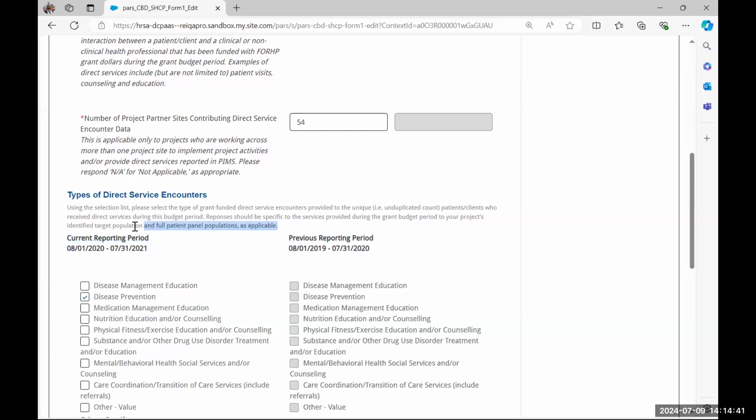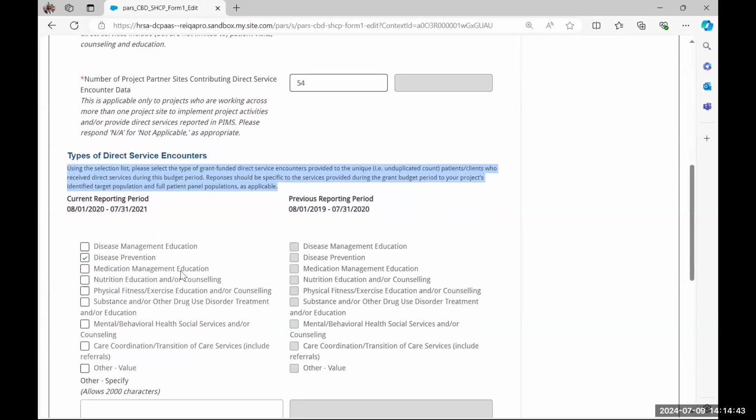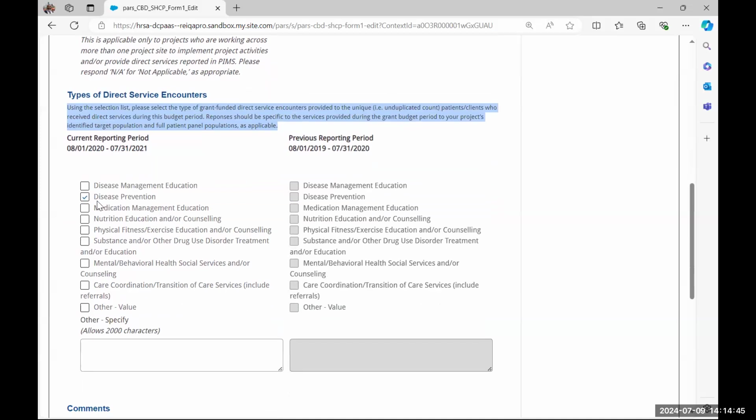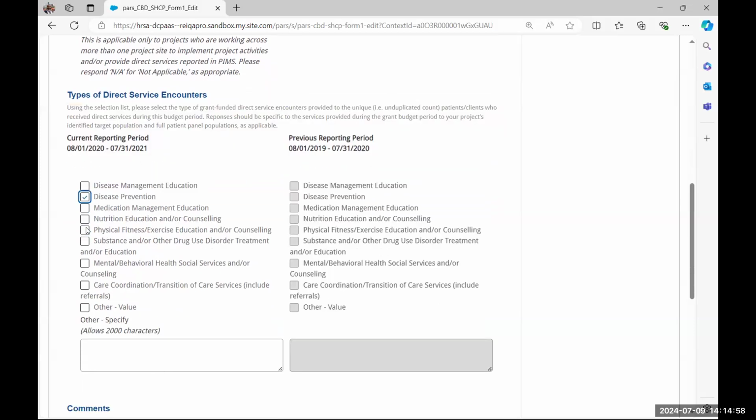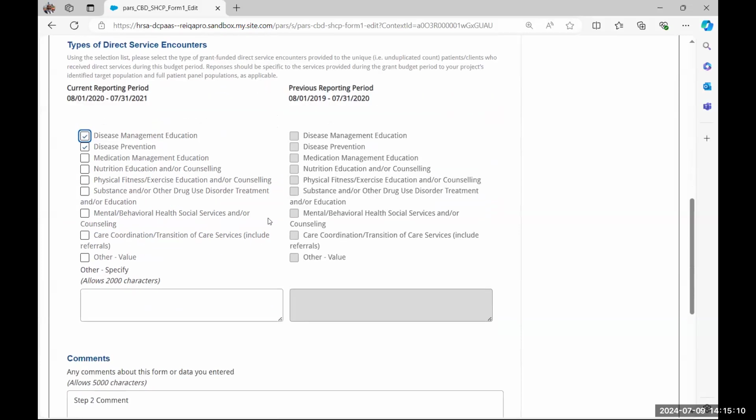And in this subsection, more instructions. And this is a checkbox area. I'm just going to uncheck this box for a second. The very first time that you log in, you will see this advisory notice advising you to select at least one option. Once you check at least one option, that notice will go away. You can check more than one option, but you're going to need to check at least one option. You won't be able to proceed to the next step until you've selected at least one option